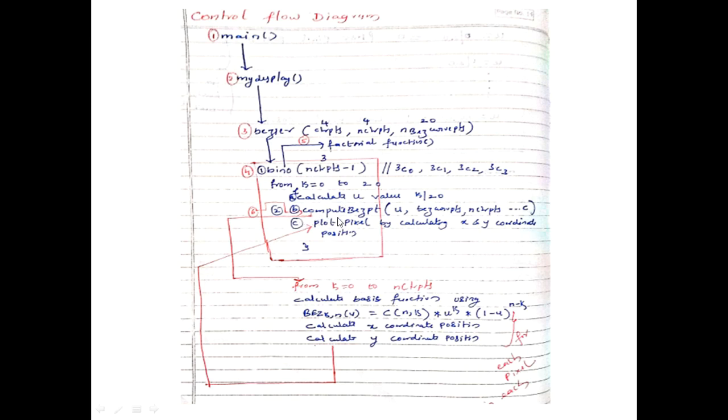Now we called compute Bezier point. As soon as you calculate the u value, you call compute Bezier point. So now the control jumps here, see that I have written it in red color. Once the Bezier curve function called the binomial coefficient function, and it is executed already, it is now calling the compute Bezier point function. Now the control jumps to compute Bezier point, the red color. Now the compute Bezier point function